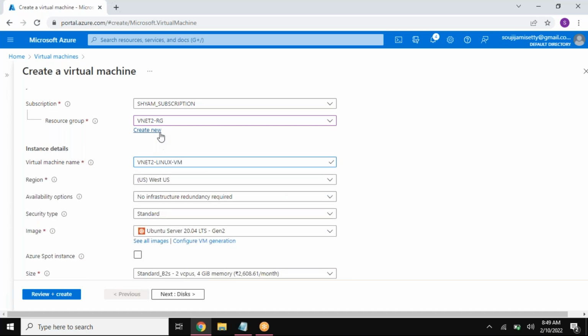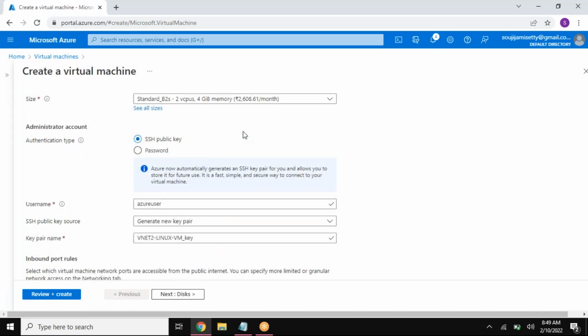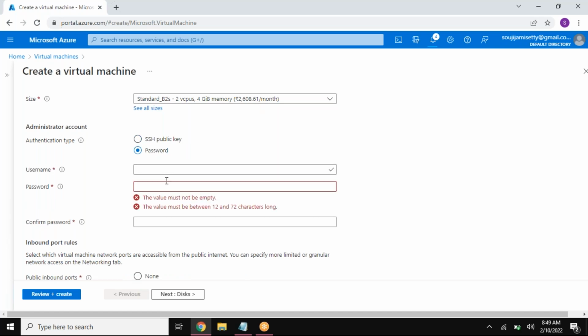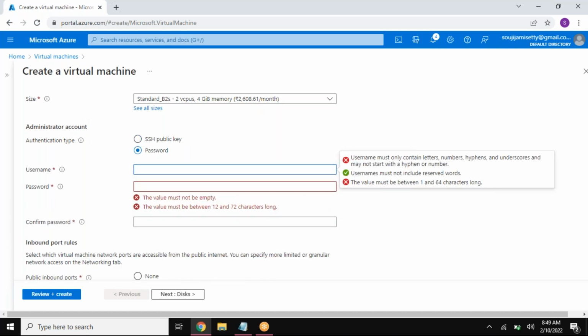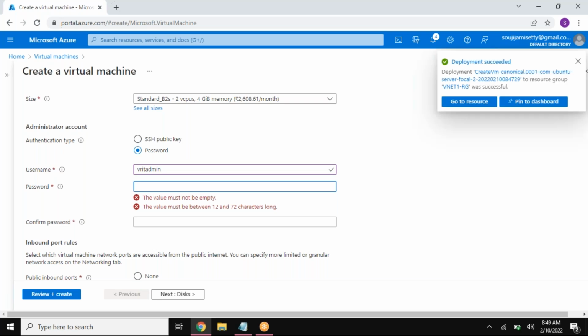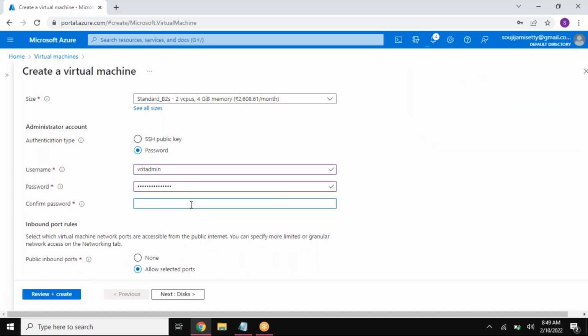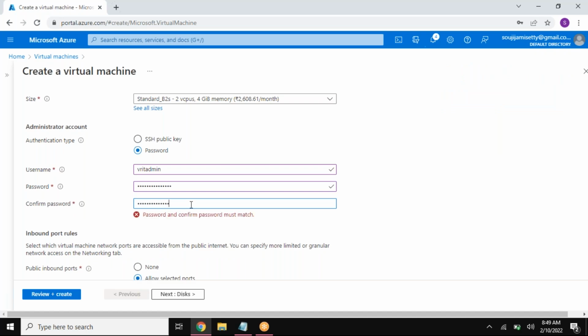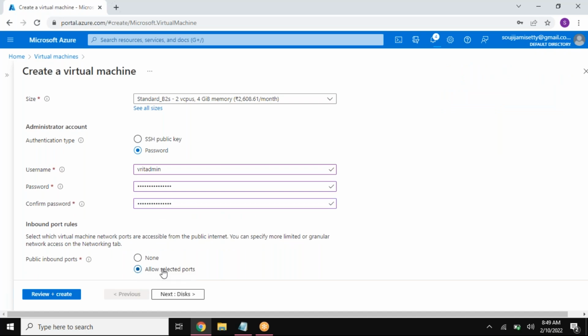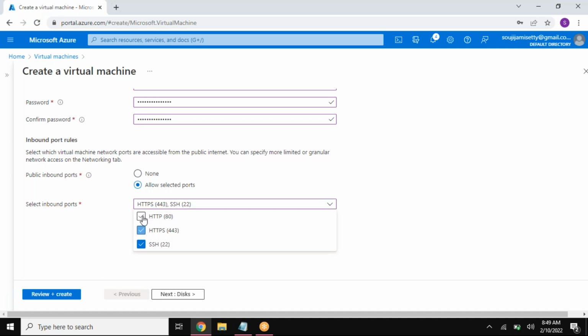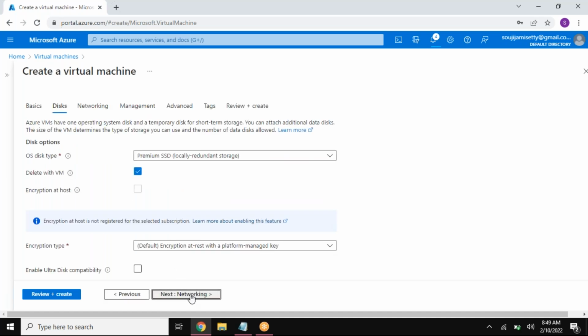So it's West US, by default it took the location. I'm not making any changes to this one in here. Let me go with VRIT admin, capital VRIT admin at the rate of 1, 2, 3, 4, and 5. So again, allowed ports as usual. Click on disk,